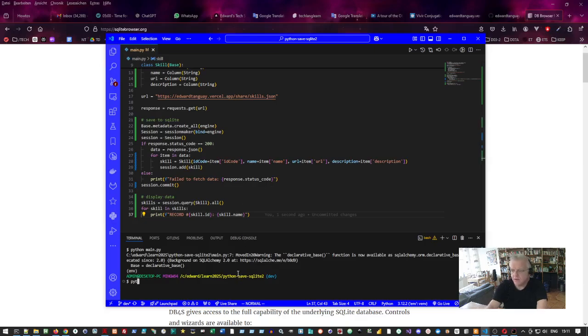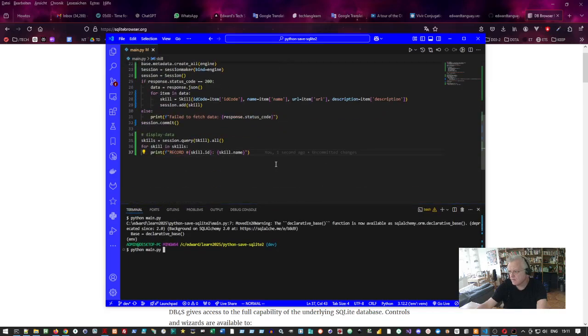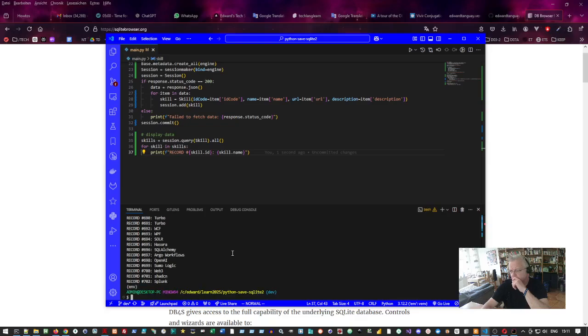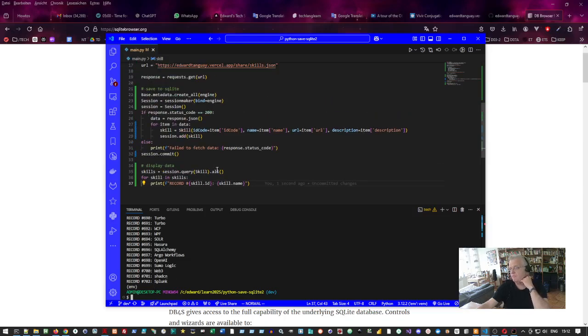Let's run it. Python main, and what we hope to see, what we expect to see, is the 300 plus records be displayed with ID and name. Here we go. And there they all are. The ID, interesting, it added the 300 something to the other 300 something, actually 351, to get 702. So it added it, but